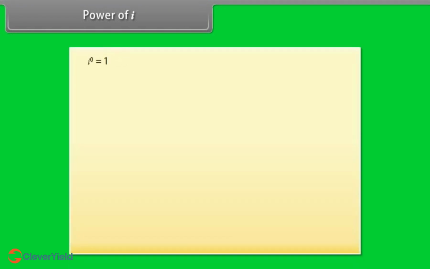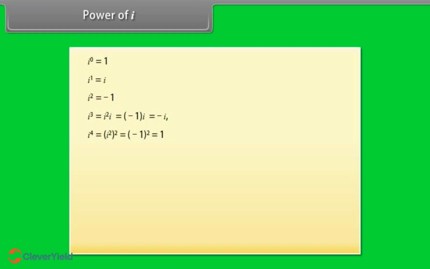Powers of iota. Let's now learn about the powers of iota. I raised to power 0 is equal to 1. I raised to power 1 is equal to I. I raised to power 2 is equal to minus 1. Iota raised to the power 3 can also be written as iota square into iota. We know iota square is minus 1. We get minus iota. Similarly, iota raised to power 4 is equal to square of iota square, which is minus 1